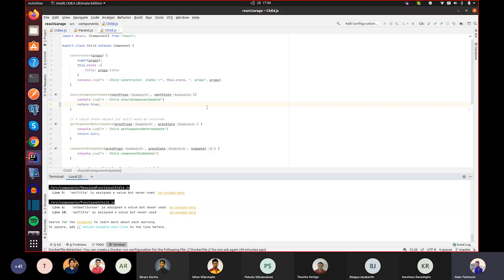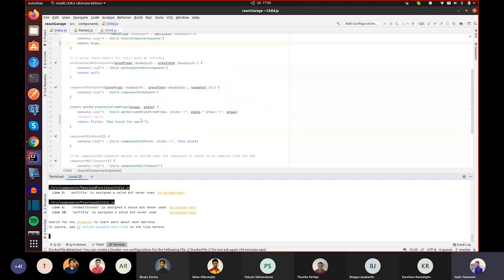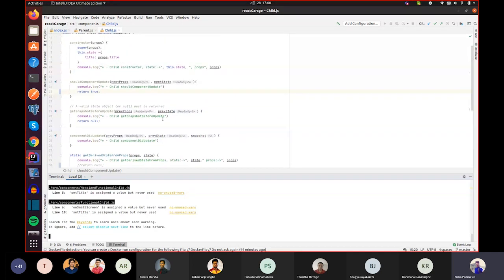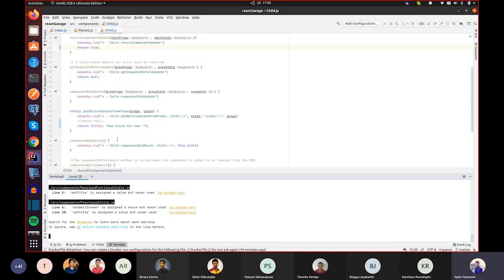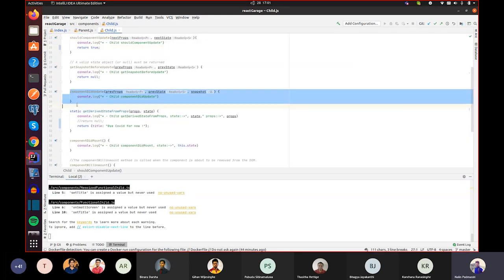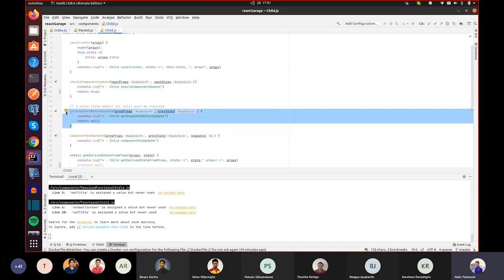And the other thing that I wanted to show, I mentioned that this getSnapshotBeforeUpdate function wouldn't exist without this componentDidUpdate function. This one wouldn't exist without this. So I will comment out this one.